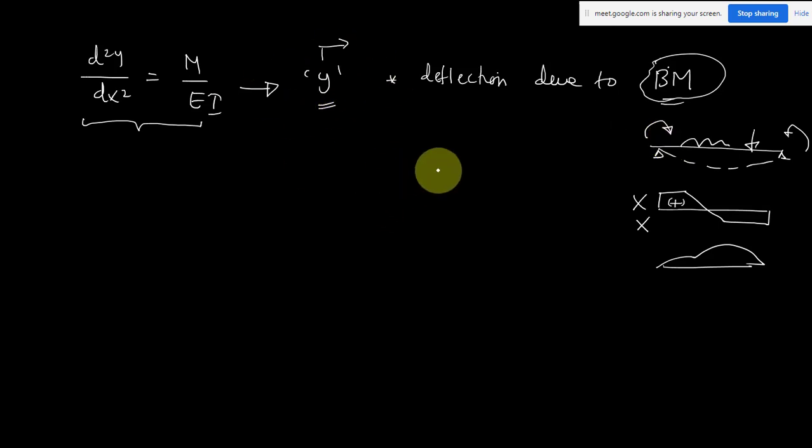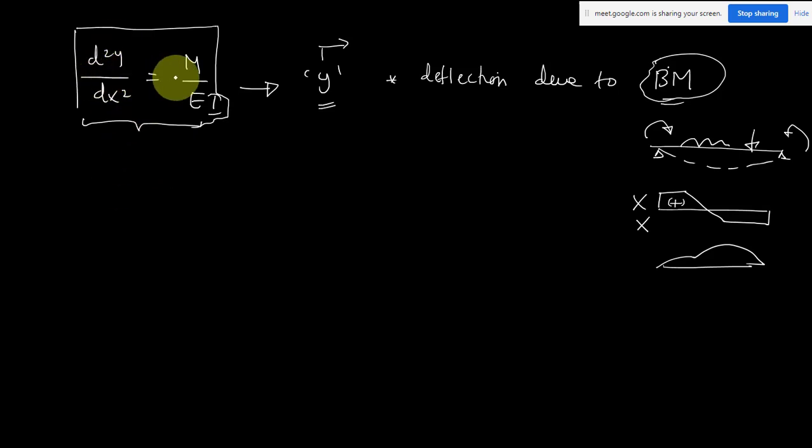So that is why, in all the methods where we are finding the deflection, only the effect of the bending moment will be considered. Okay, so now if we have this equation, again go back to your moment curvature differential equation. So I have this equation, and if you do the integration of this equation